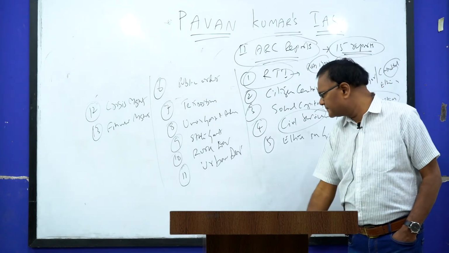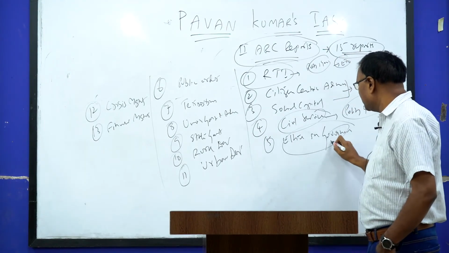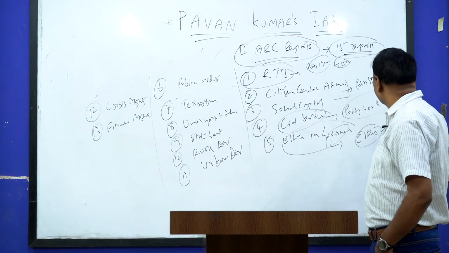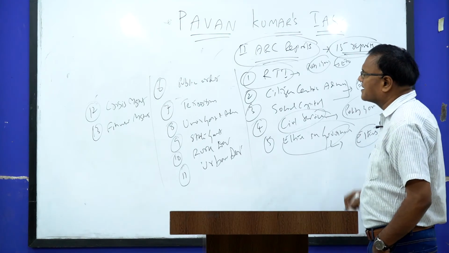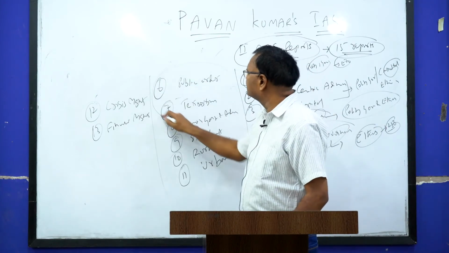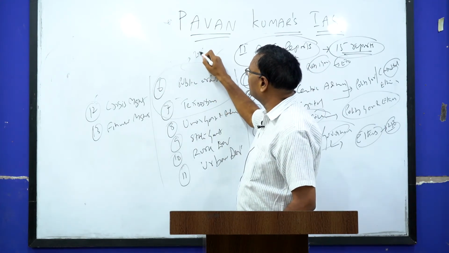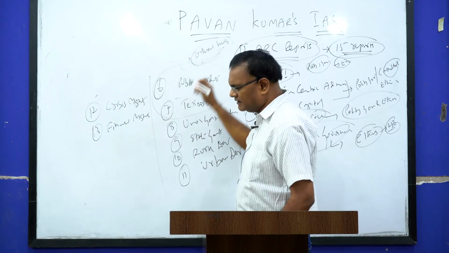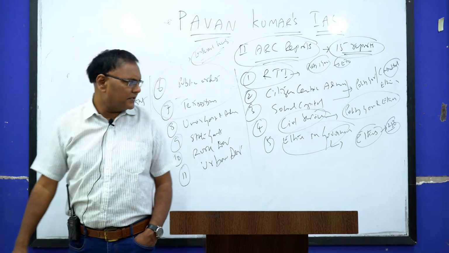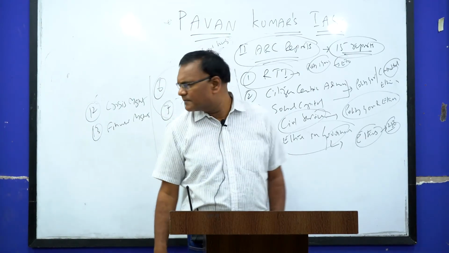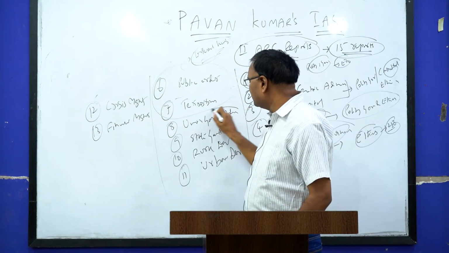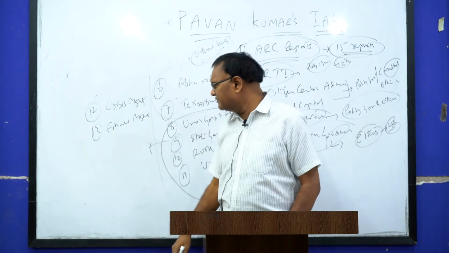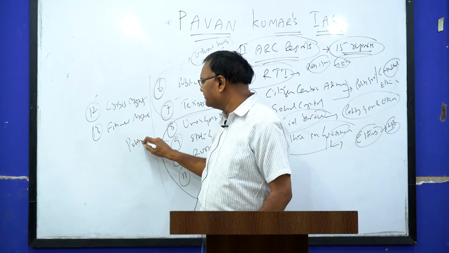Civil services reforms. Ethics in governance, you have a separate paper on ethics for 250 marks. Public order and terrorism are a part of your General Studies paper 3, internal security. Then union government and administration, state government, rural development, urban development, these things are there in your polity and governance